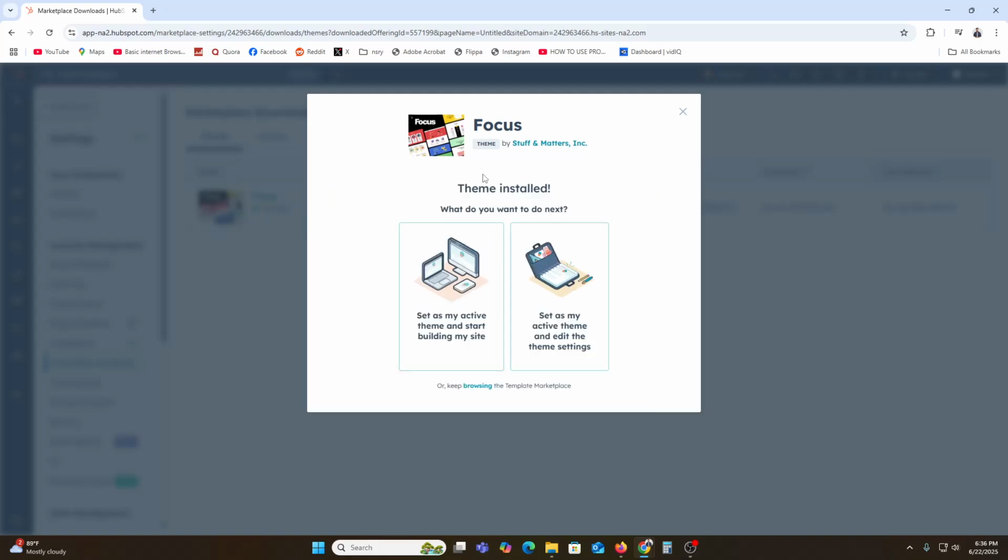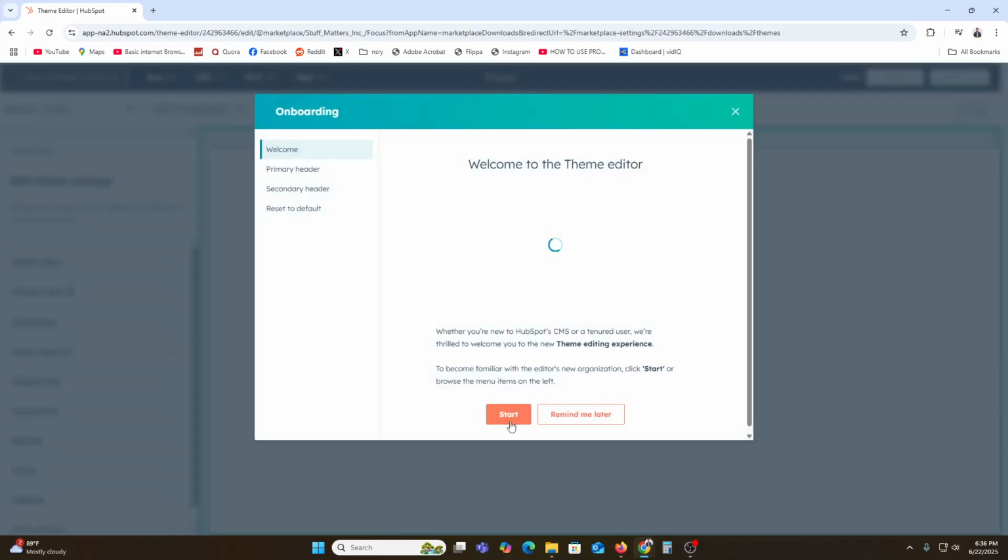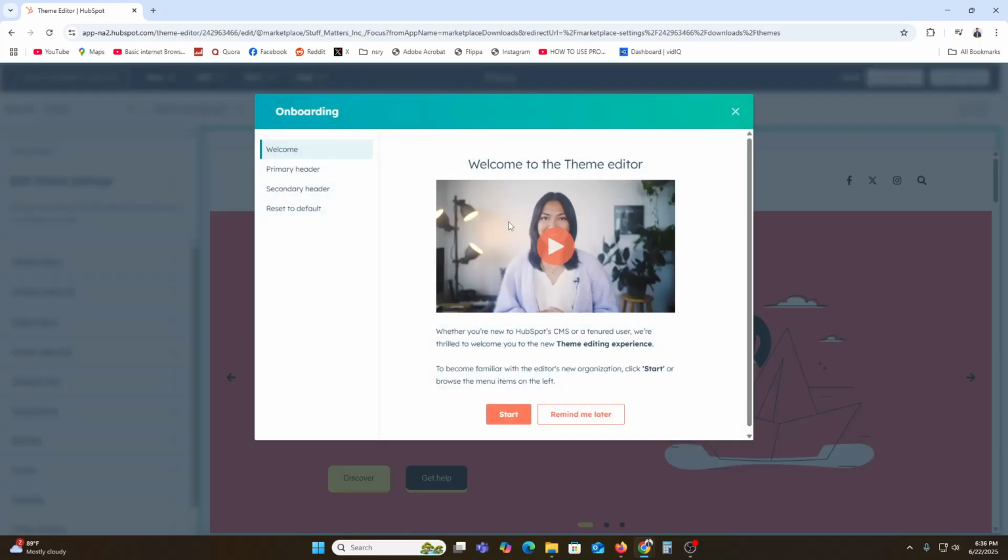So the theme is installed. What do you want to do next? Set as an active theme and start building my site. Set as an active theme and edit the theme setting. So I will go with this one. This is the reliable one, so I have access to edit all the things before publishing our theme. So I will select this one and then click on this, and here you can see it, welcome to the theme